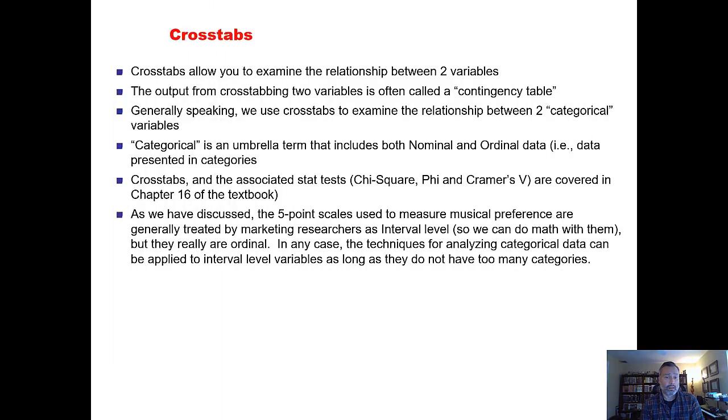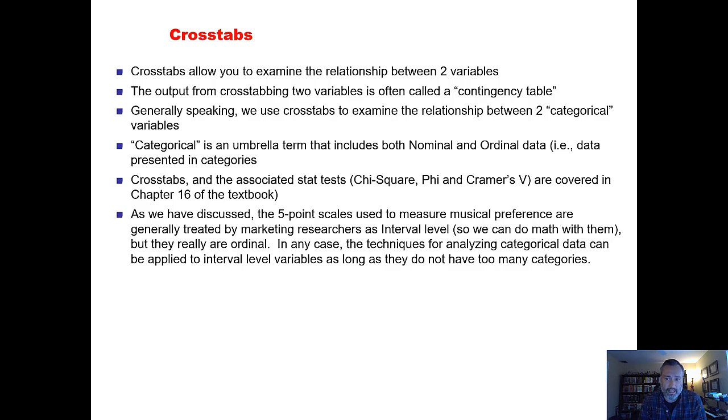So moving on, we've looked at univariate statistics, right? We've looked at running frequencies on the categories, the answer choices for a categorical variable, or an ordinal variable, actually, in a lot of those cases. But you don't really get into analysis until you start looking at relationships between variables, and later on among more than two variables. When you're looking at categorical data, the way that we generally analyze those relationships is through